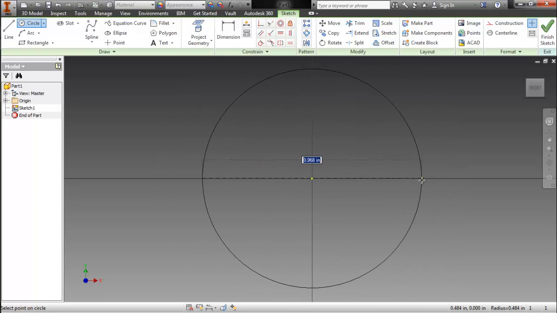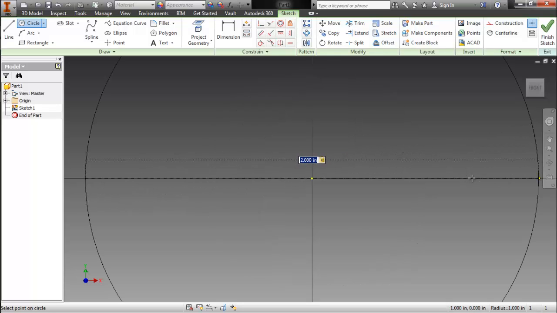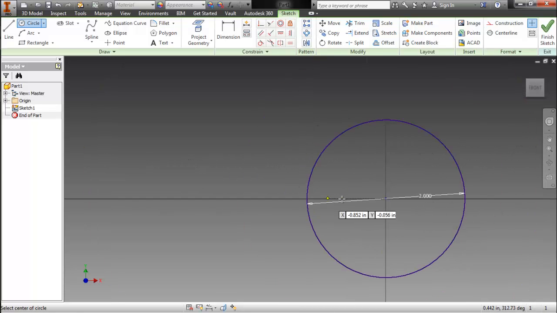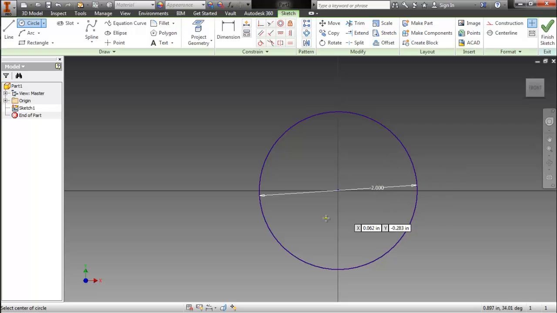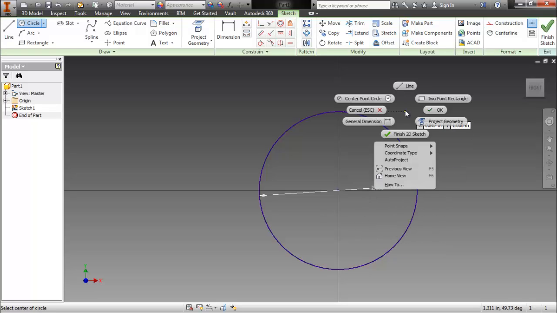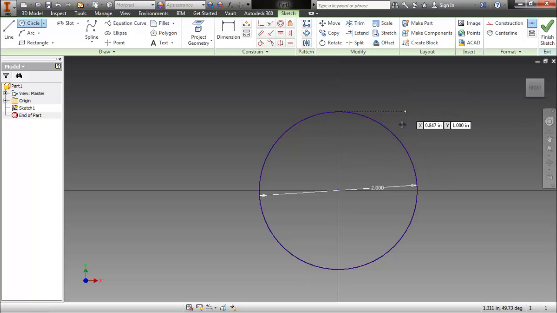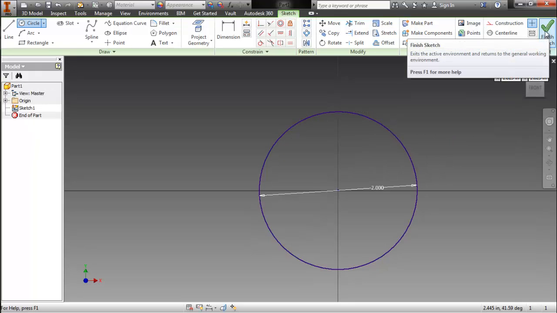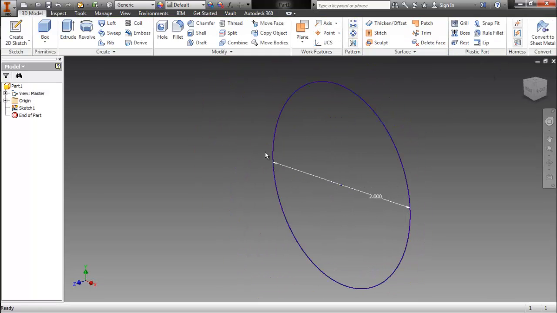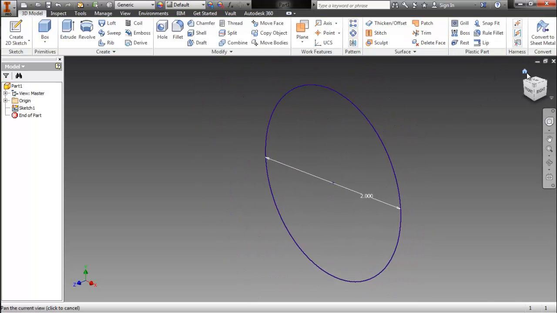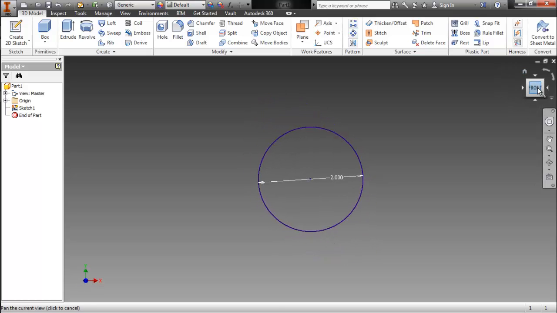I'm going to make these wheels 2 inches. I'm just going to type in 2, and it automatically brings up 2 inches. All I did was press tab, and it automatically lets me view it. I'm just going to go ahead and click, and my 2D sketch of a 2-inch circle in diameter is complete. I'm going to finish the sketch by right-clicking and dragging down to finish 2D sketch, or you can click up here, finish sketch. Once I did this, now I have a circle in a 2D environment, a 3D environment,